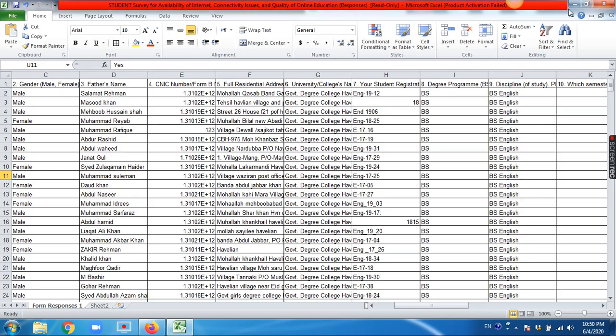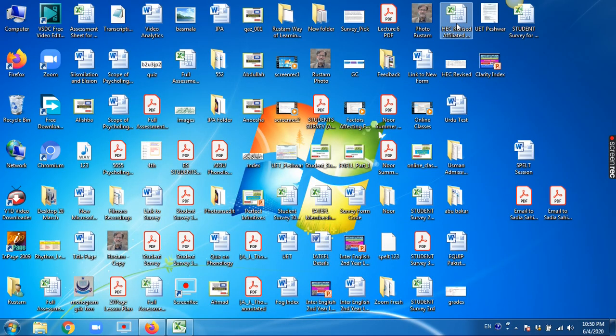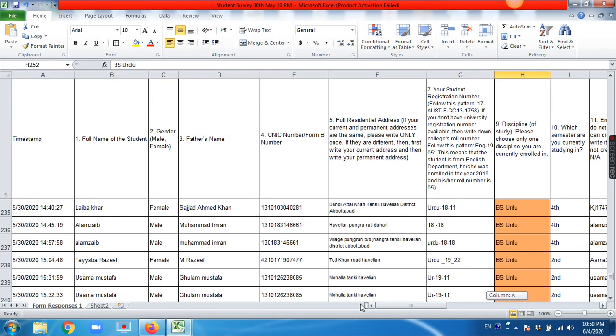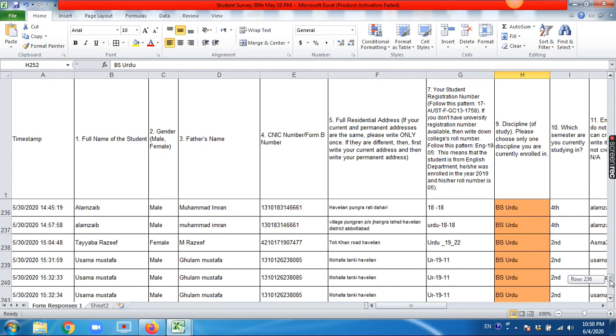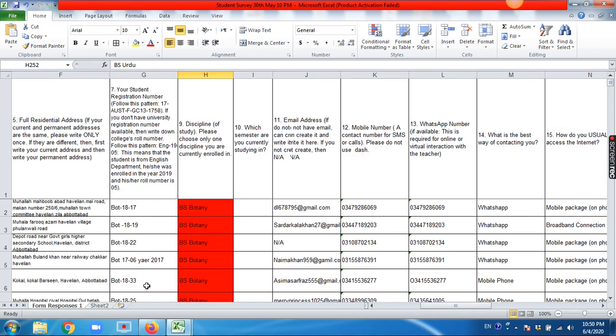Okay, I'm going to show you a sheet which was already printed. Here is the student survey. I have simplified it for my college, as you can see here. Students' information is here, so we can print it out as well. These are the responses of BS Botany.